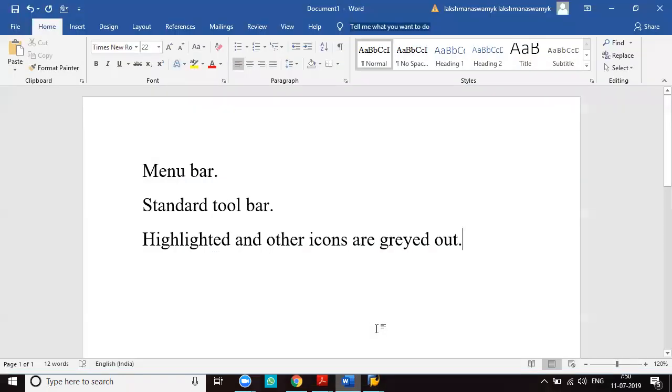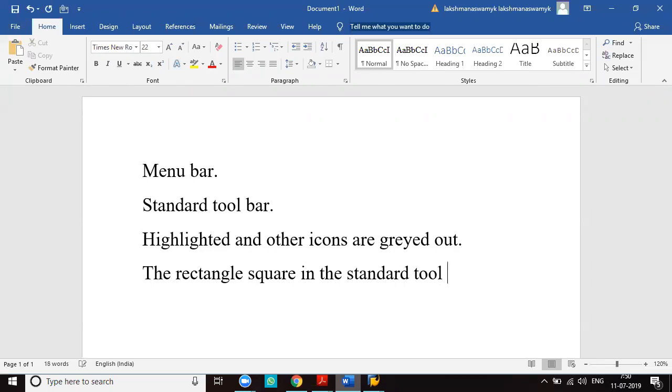Continue. The rectangle square in the standard toolbar is called command area.